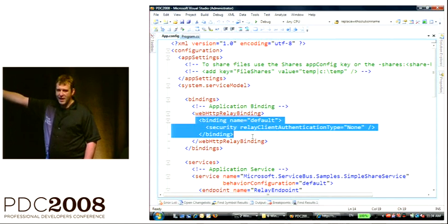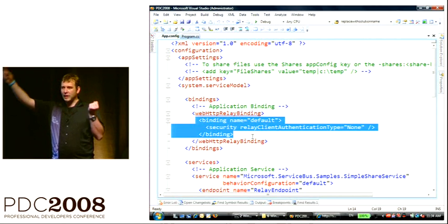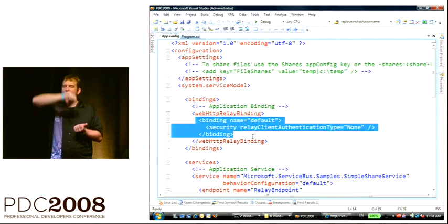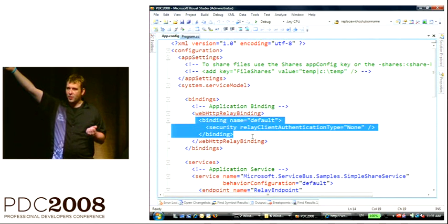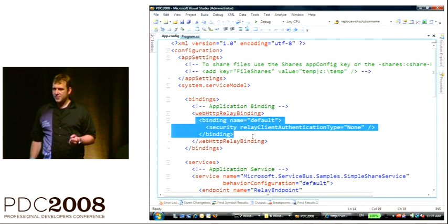This has two permitted values. The standard value is relay access token. That's the default policy, which requires, as per the listener, all clients to bring a token. If you set that to none, as in this case, the listener takes responsibility for security and basically says, I don't want integration into the access control system for all the clients. The listener always needs to acquire and bring that token, so it needs to have permissions as per the access control system, but it can waive that requirement for the clients.